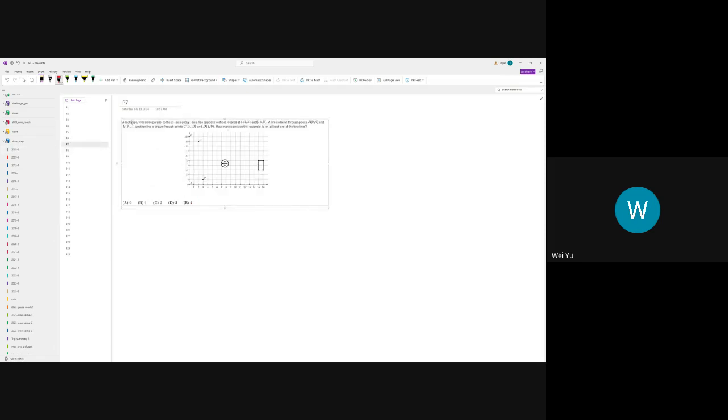Okay, problem 7. So a rectangle with sides parallel to the x-axis and y-axis right here has opposite vertices 15,3 and 16,5. A line is drawn through these 2 points and these 2 points. So how many points on the rectangle lie on at least one of the 2 lines? So one way you can do this is to just imagine the lines and see if they will pass through the rectangle at all. If you do it correctly, then you should see that CD passes through none of the points while AB passes through one. Or you can use the